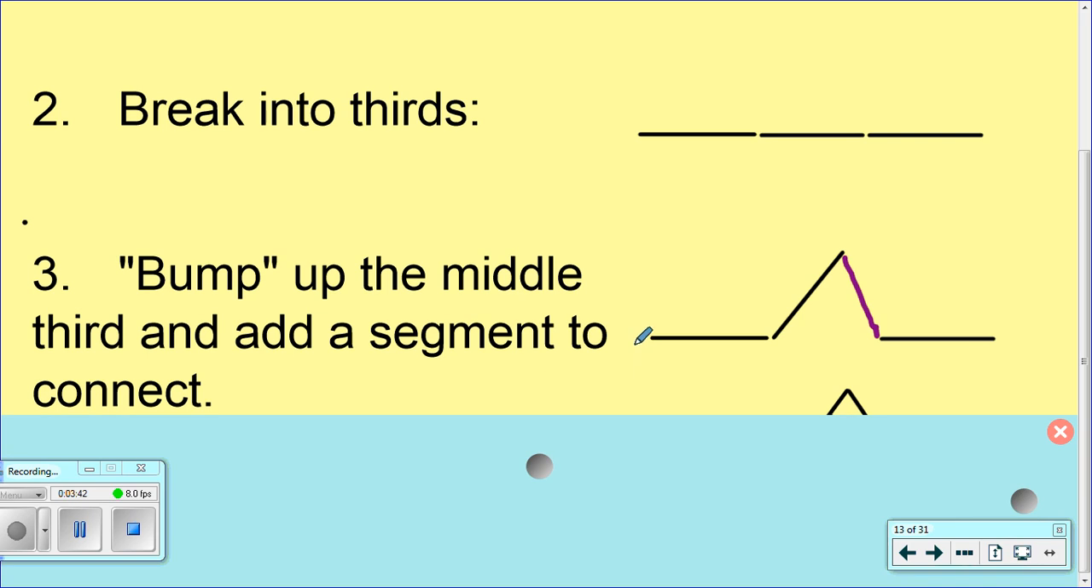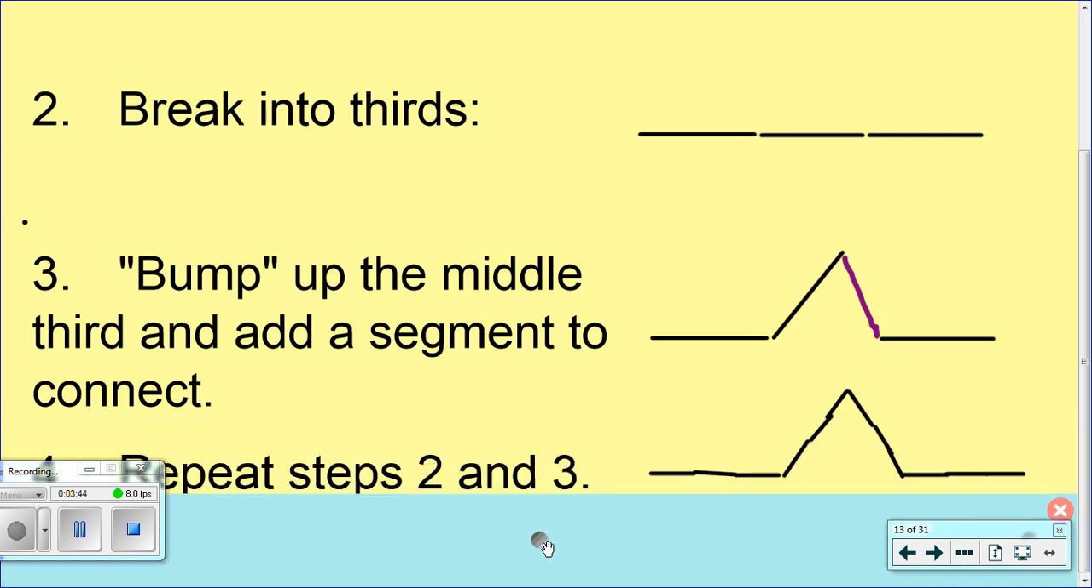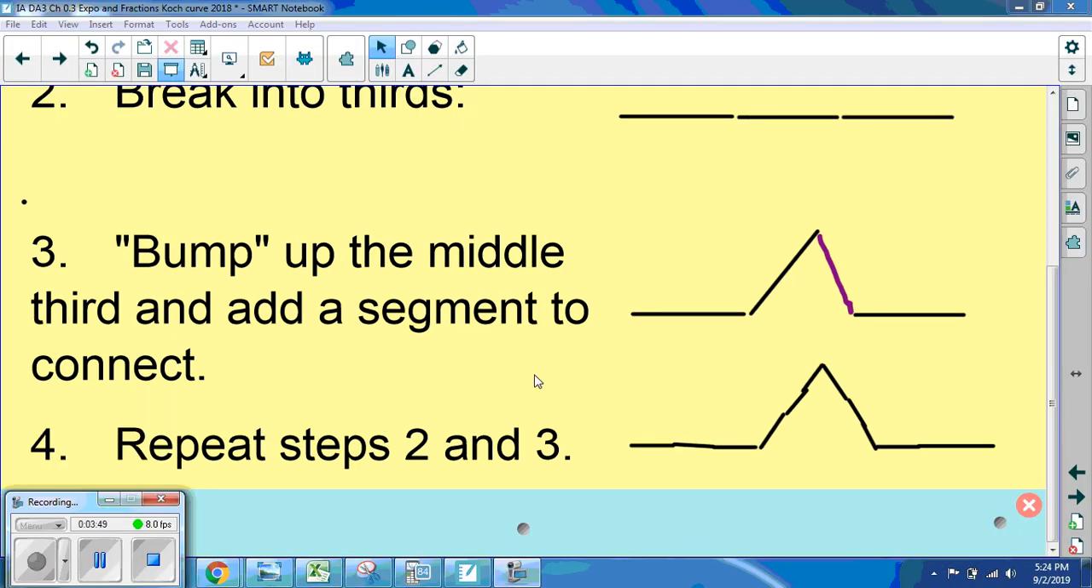Okay, now from here, we're going to do something else. We're going to repeat steps 2 and 3. So I'm going to show you. So again, what did I do? I'm going to bump up each middle segment. Right? This is not going to be perfect because I'm just kind of doing this as I go. So I bumped up each middle segment. And now what do I need to do? I need to connect